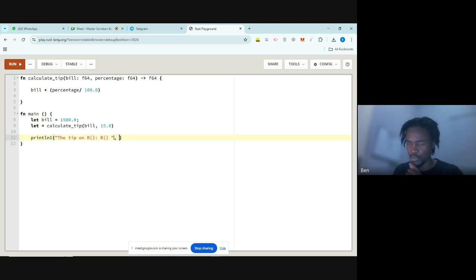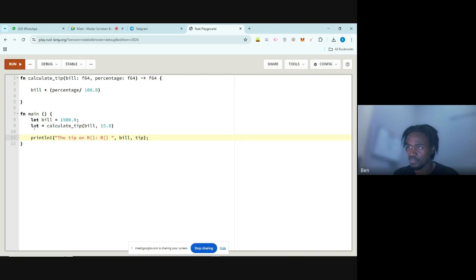So now, a question for you, for those who did this: what should I put here? This is a very simple question. Let me not ask you guys. Here I put bill and then I put tip. And remember, I have to remember my semicolon. This is essentially going to print out the tip on the bill, which is 1.5, and the tip, which will be, no,